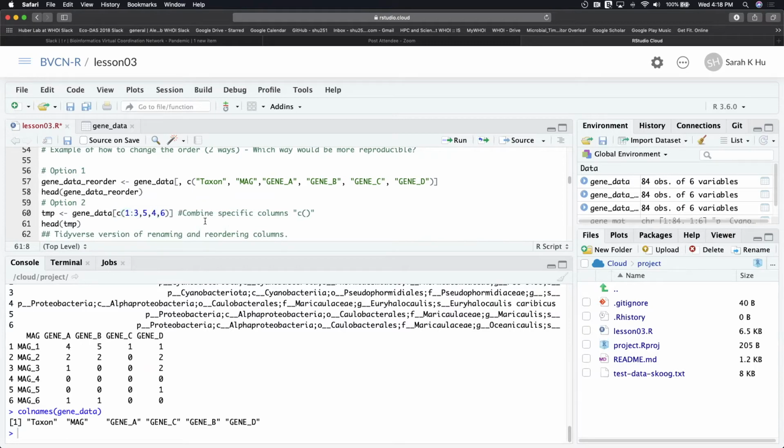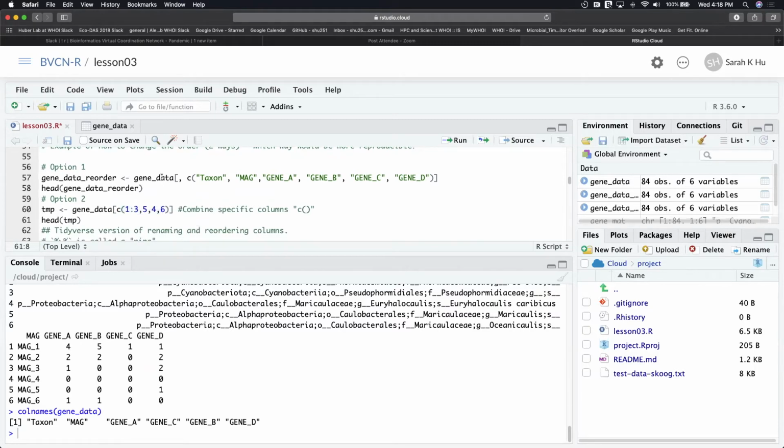Okay. So both of these get me the same thing where they replace the columns, but I want to make a note that one of them is more reproducible than the other, which is on line 57, and that's because I'm actually naming those columns. So if I produce another data frame that has the same genes,